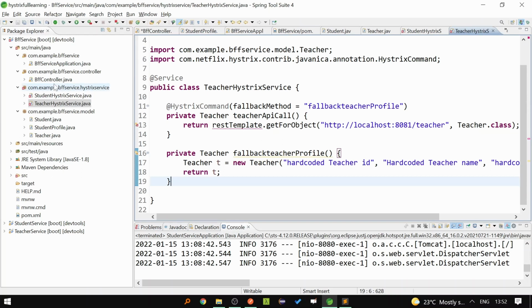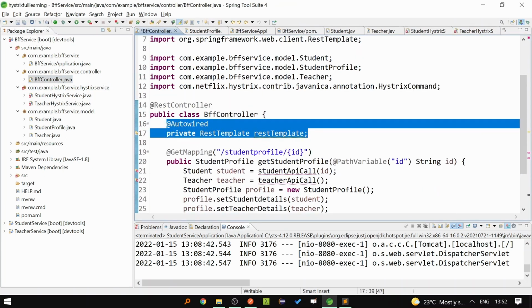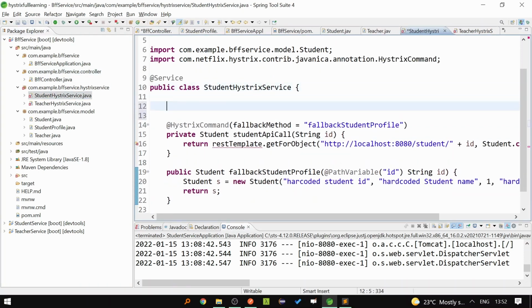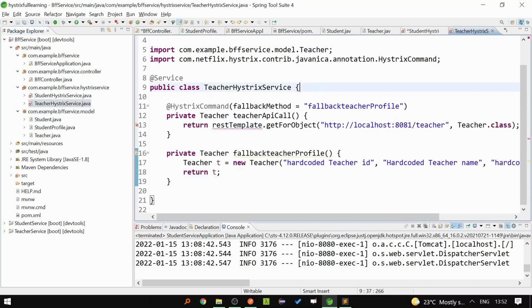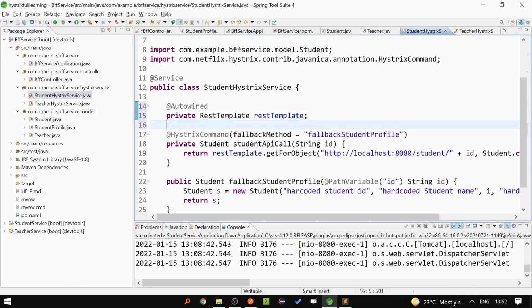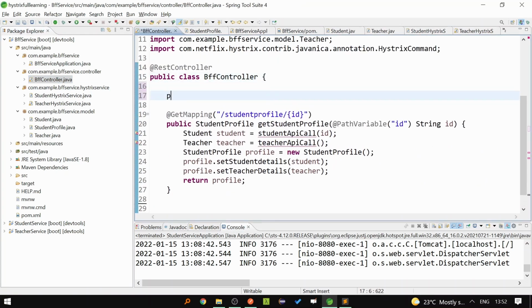Okay, now we don't need REST template over here. Let's take this REST template and put it in the student BFF service, and we need it in teacher BFF service as well. Okay, so let's save this, and now let's auto-wire this